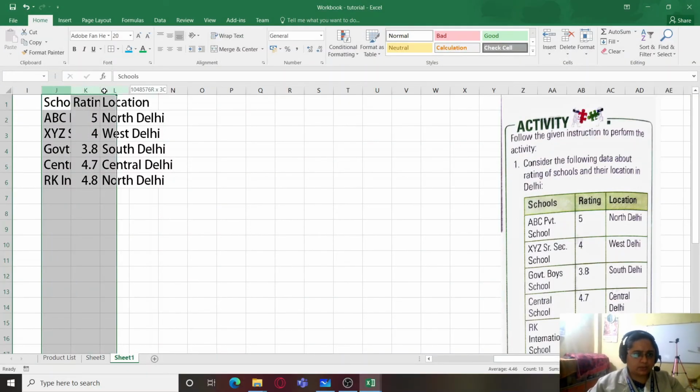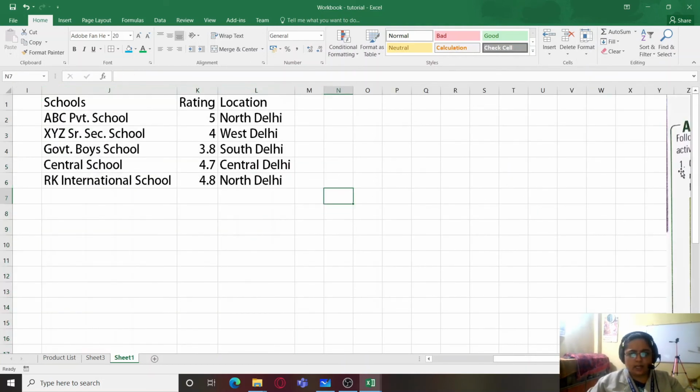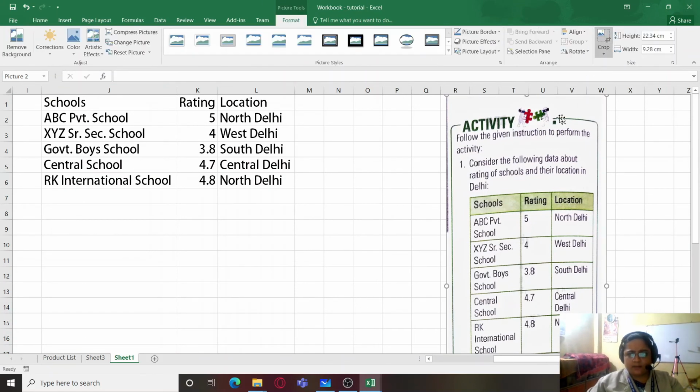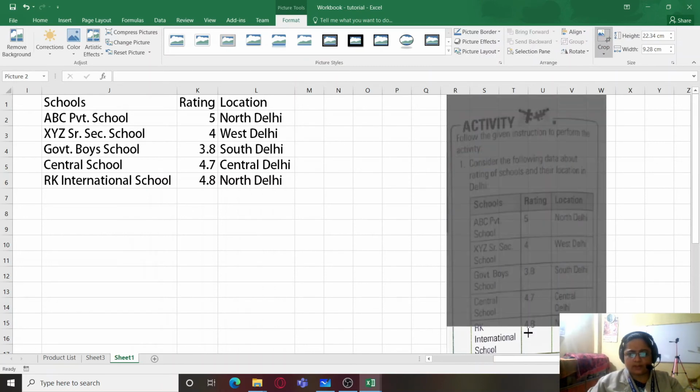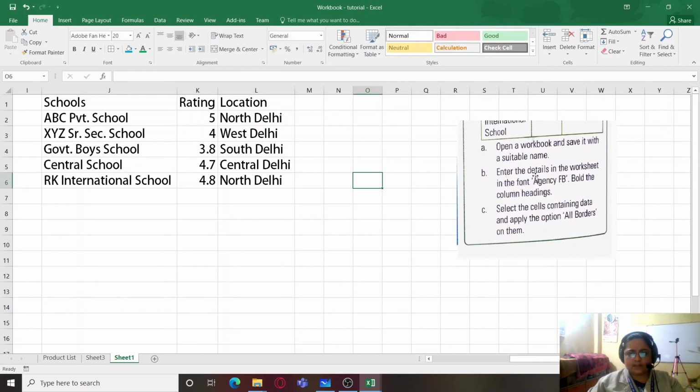Now again, as usual, I'm going to format it, increase the column width. And now my next step is, I have to see what the instructions given are. So my instructions are to enter the details in the worksheet in the font Agency FB.